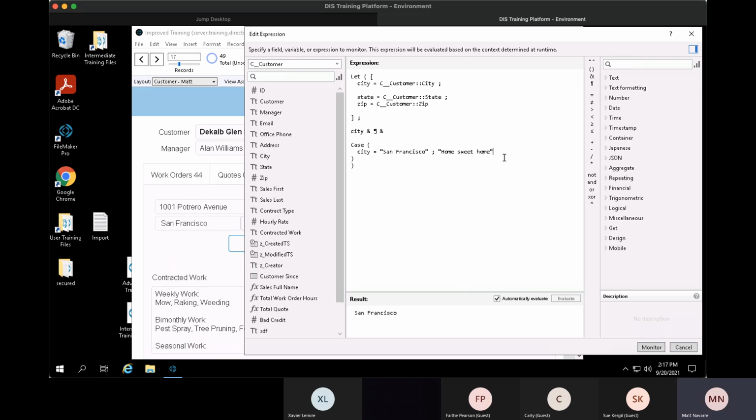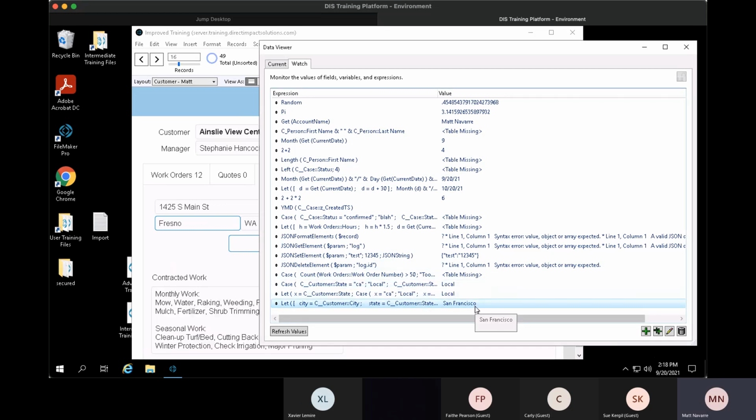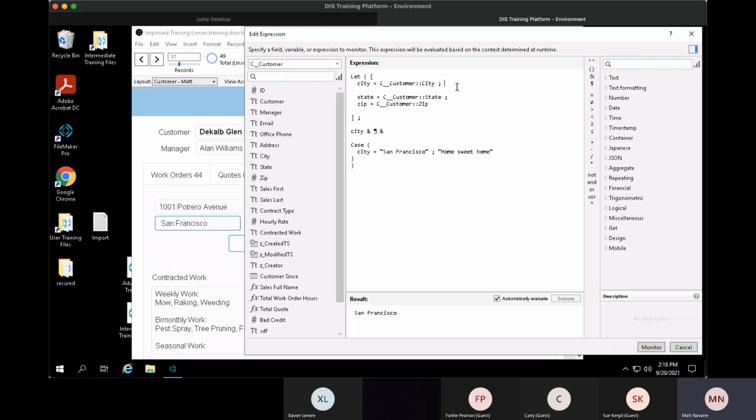Okay, so if city exactly equals San Francisco, then put in home sweet home. Right. And the city does not equal San Francisco because it equals San Francisco space. But this one does because this record doesn't have leading and trailing spaces. So if I went back to this record and I added back that line of code,